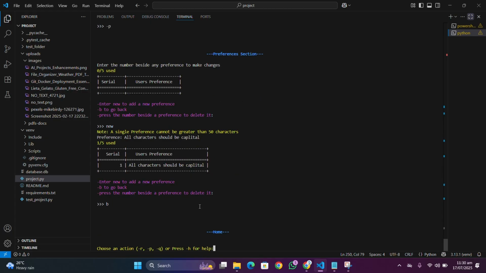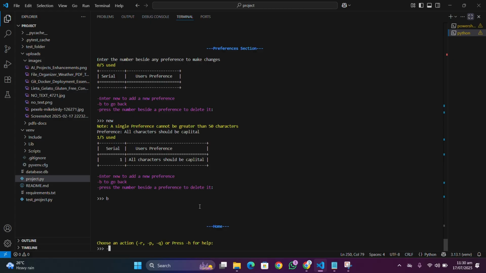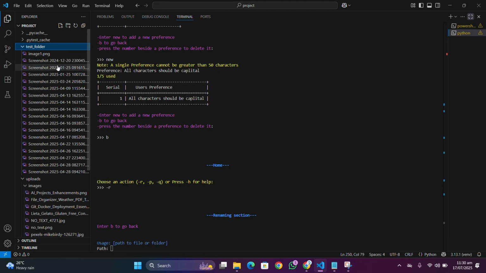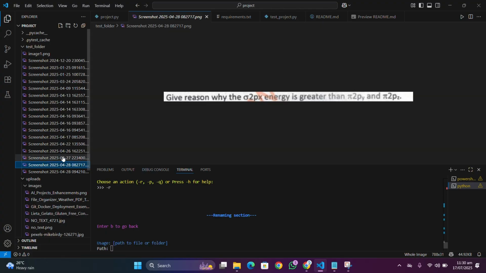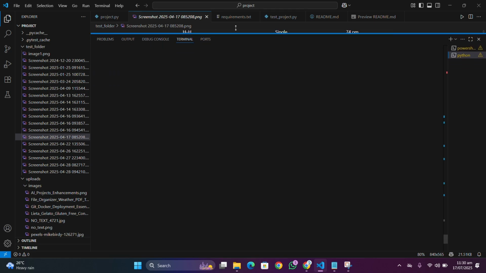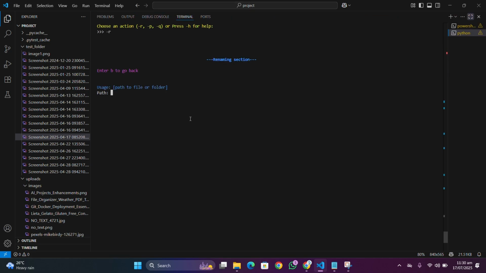Now we'll press P to go back and then go to the renaming section. Here we'll enter a path to a file or a folder. So here I have a folder, test underscore folder, and there are many images in this folder. We will run the renaming sequence on this folder. Let's give it the path, test underscore folder,